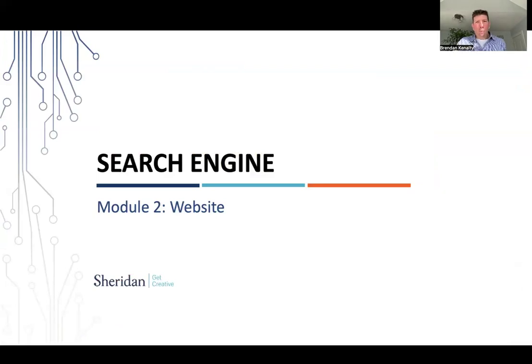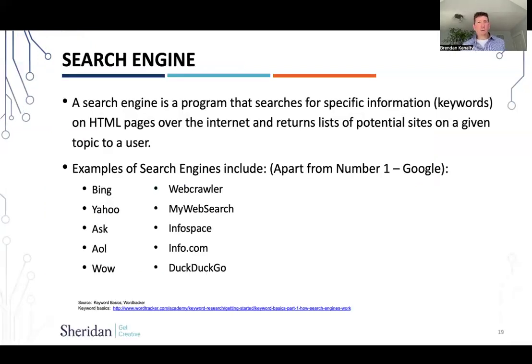So, search engines. Most of you know what a search engine is, and I'm sure many of you have used them. As I've talked to many people, I think they've used a search engine to figure out that they want to come to Sheridan, as one of the many things they do. But search engines are core. They're the most used application on the internet. People use them every day, multiple times a day, even with some of the AI stuff now, the Siri stuff on your phone. A lot of it is using search engines to figure out your question, whether you're trying to find something or find an answer to something. These are the places you go.